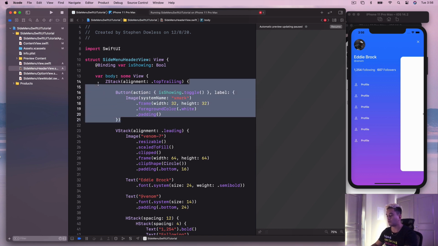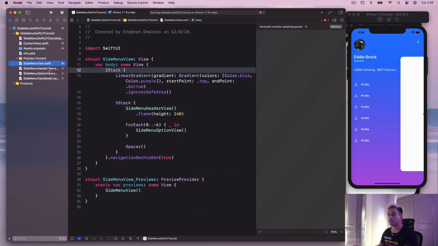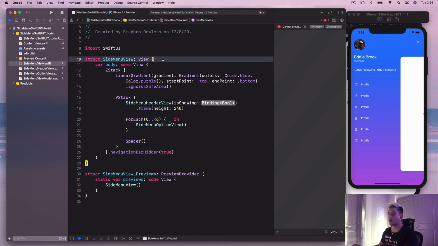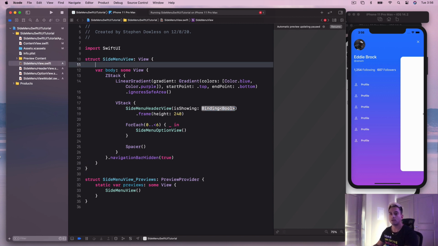And now if we try to build our project, you guys are going to notice that we get an error. And if we go back to our side menu view, you guys are going to notice that we are missing this parameter here called is showing. So we're going to go here, and what we need to do in our side menu view is actually go and say @Binding var is showing,